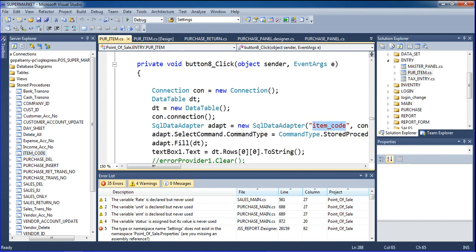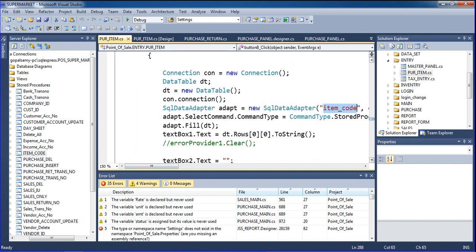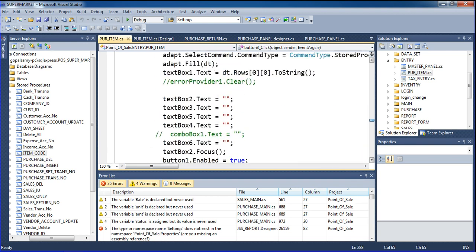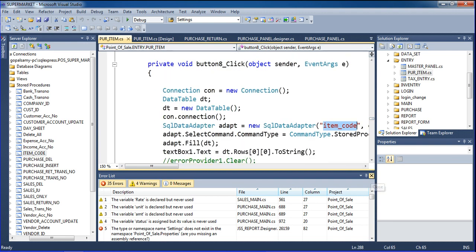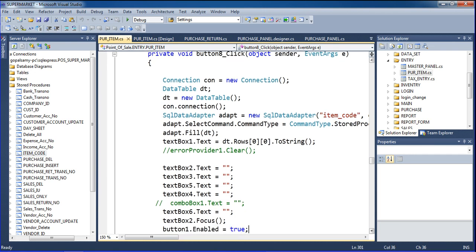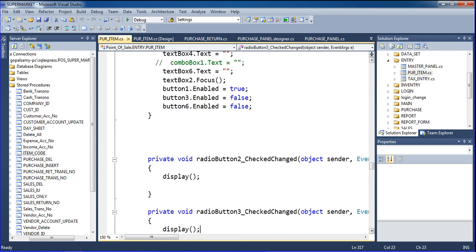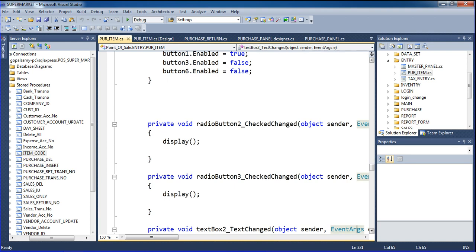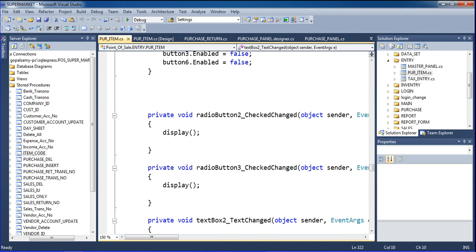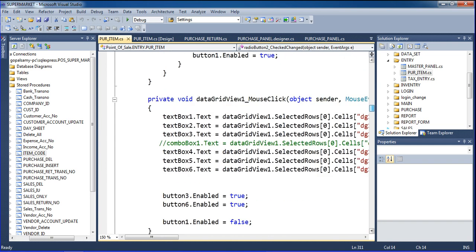this place. So the procedure name I declared here, so it will automatically generate that code and then automatically increment that number. Then after this, the text box clear event runs automatically. This is the text box clear event, and the button clear, enable false or true like that, and the display means automatic display. See, this display event I declared in a while condition.